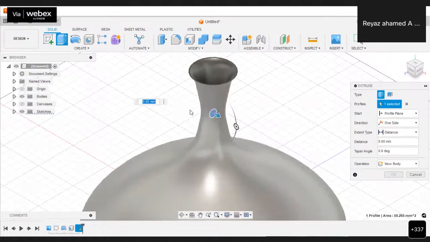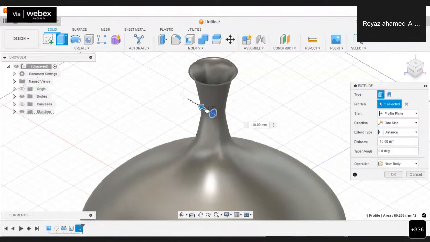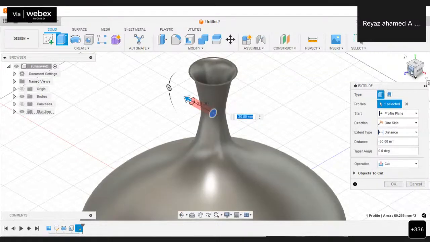Okay. Based upon your requirement, you may make the changes. Here I'm going to place my arm on the left hand side, so I have to create my hole on the left hand side. That's why I just move my cursor backwards. Okay. For how much length the hole has to be generated, just click on the front view with the help of the view cube option. Just click on the front view.